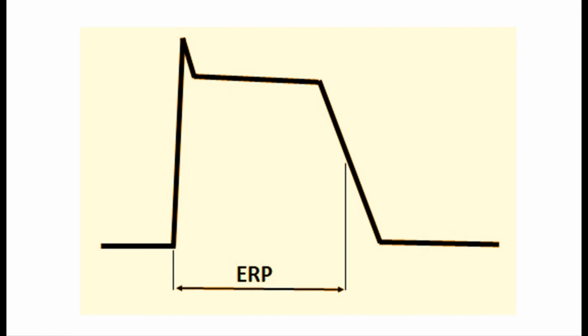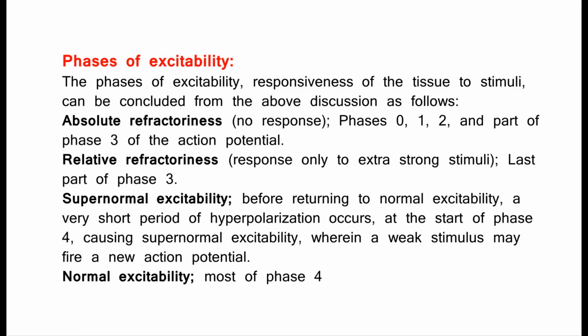This figure illustrates the effective refractory period, which is the summation of the absolute refractory period, plus part of the relative refractory period, during which no new action potential can be generated. Its length depends on the circumstances, and the strength of the impulse at a given moment. Phases of excitability. The phases of excitability, responsiveness of the tissue to stimuli, can be concluded from the above discussion